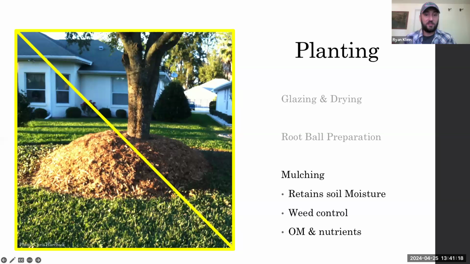Mulch can be good and it can also be bad. In the image here, that's way too much. Unfortunately, there's a lot of people out there that are really good at selling mulch, and it just keeps piling up year after year. Some people like that fresh mulch look. If you're going to put mulch on annually, you might consider removing the previous year's mulch. Because anything over maybe 2-3 inches, it's too thick. It can actually prevent water from getting to the roots sometimes, depending on how much rain you're getting.